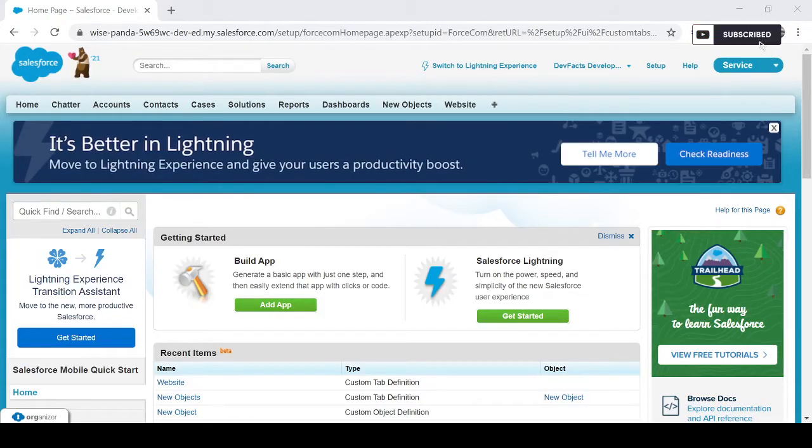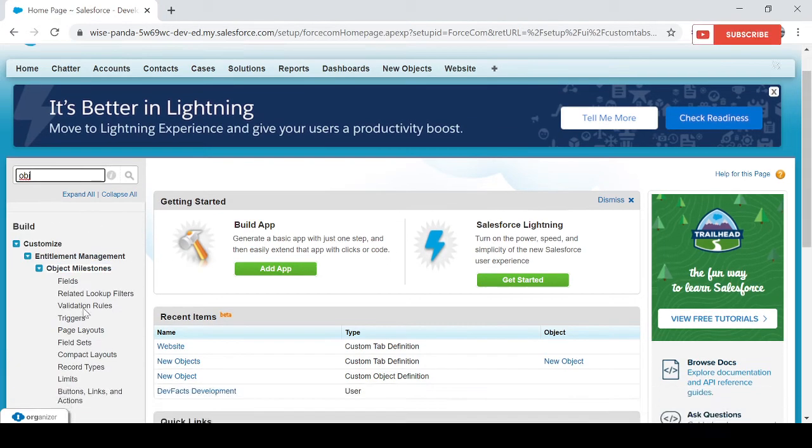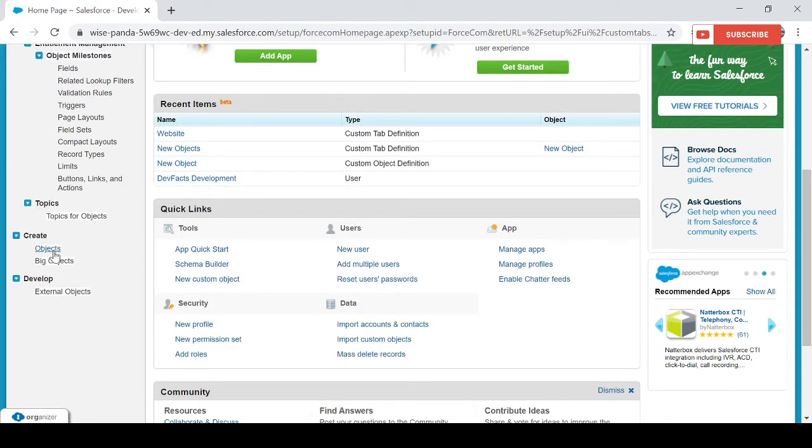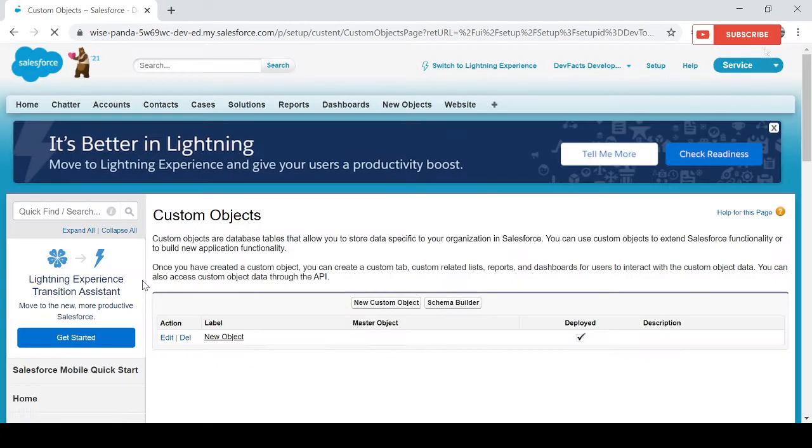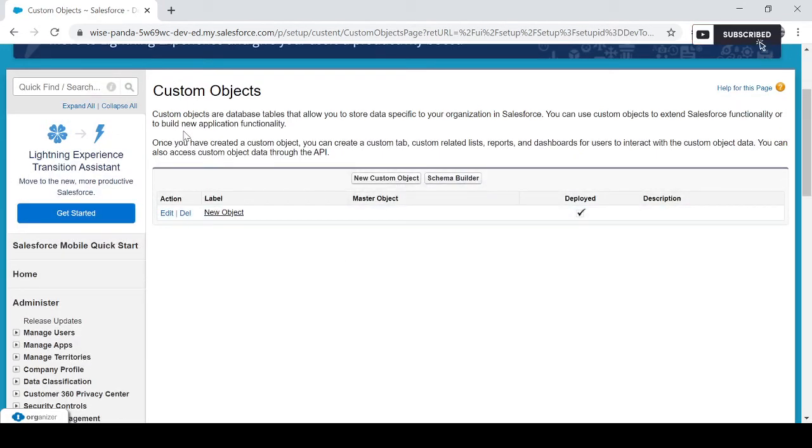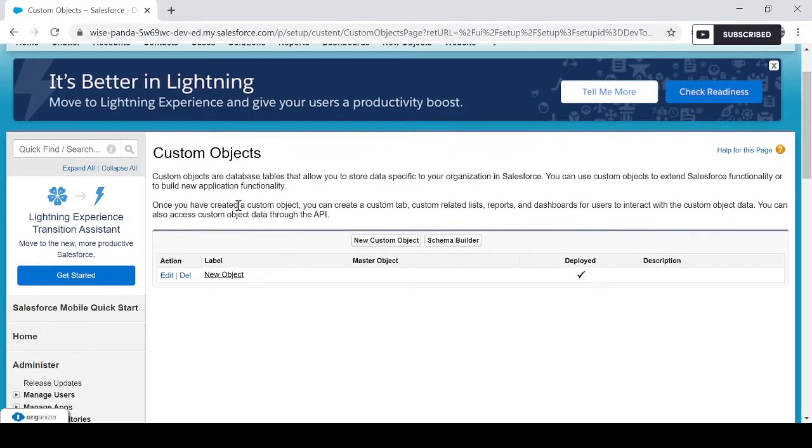In our Salesforce org, we already created one object, right? So I'm going to open that object. Here we have an objects option. This is nothing but object manager in our Lightning view, but now I am using Classic. Here we listed our custom object.